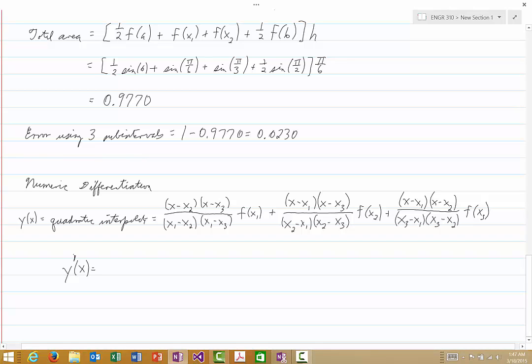So if we take the derivative of y of x, let's see what we'll get. When we differentiate this first term, think about it this way, of using the product rule. You'll have the first term, x minus x2, times the derivative of the second, which is just 1, plus the second term, x minus x3, times the derivative of the first, which is just 1. So altogether we have x minus x2 plus x minus x3, or 2x minus x2 minus x3. That's what we will have in the top, and then everything in the bottom is a constant, so we just have x1 minus x2, x1 minus x3,